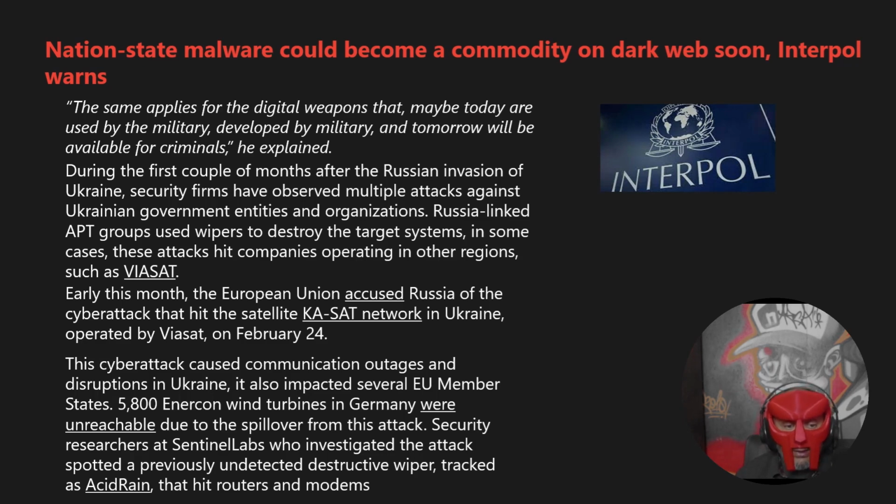Security researchers at SentinelLabs, who investigated the attack, spotted a previously undetected destructive wiper tracked as AcidRain that hit routers and modems. Stock urged strong cooperation between governments and law enforcement authorities to prevent nation-state malware from proliferating